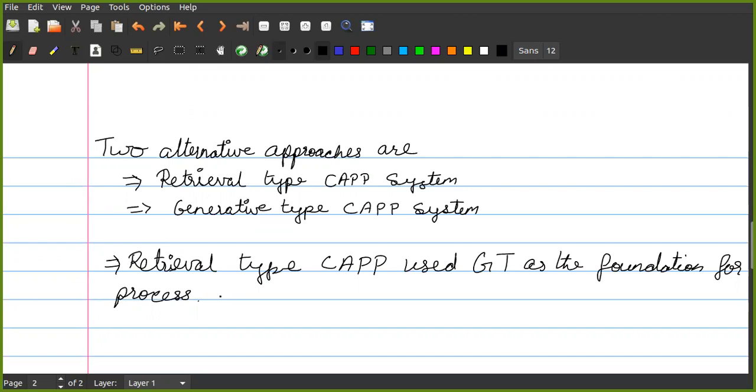In this approach, the parts produced in the plant are grouped into families. For example, say 10 parts are being produced. I'm just giving an example, do not say that only 10 parts are manufactured in an industry. It may be a large number of parts, but let us say it's a small industry manufacturing 10 different types of parts.